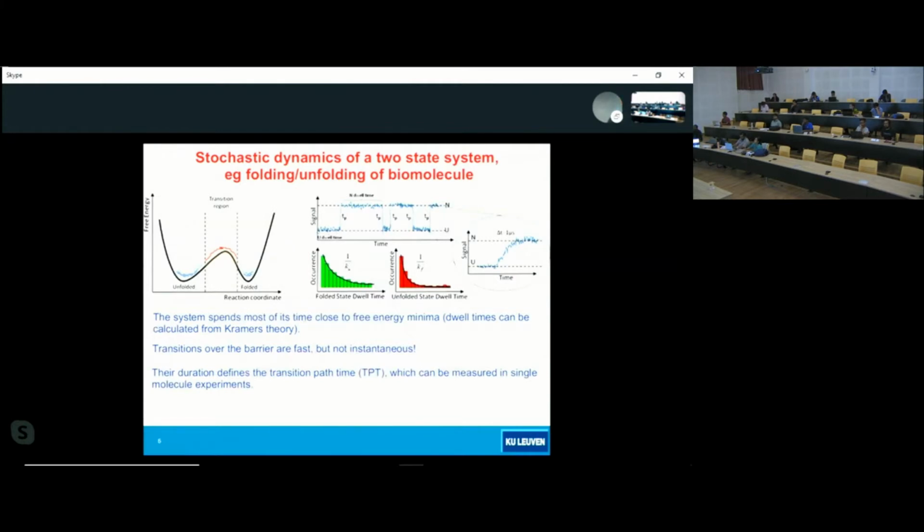And why are we interested in this? Because crossing the barrier is where the most interesting physics takes place, especially in a complex macromolecule that is folding. This is where the folding takes place. Say that the molecule stays in one of the two wells, and it makes attempts to jump over the barrier. It does some kind of contacts, but these are somehow lost time, okay? So really in the red part of the trajectory is where the folding takes place. That's why people are focusing on this, okay? So the scope of my talk is to focus exactly on this system.